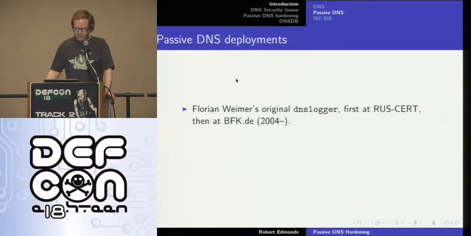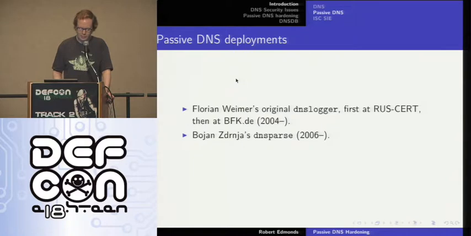So there have been a number of different implementations of passive DNS over the years. The original is Florian Weimer's DNS logger, whose backend was initially hosted at RusCert and then at BFK. Florian's implementation uses a custom libpcap forwarder on the passive DNS sensor and a Berkeley DB database for permanently storing that data. Then we have Boyan's DNS parse out of New Zealand, which uses a fairly primitive TCP dump-based sensor